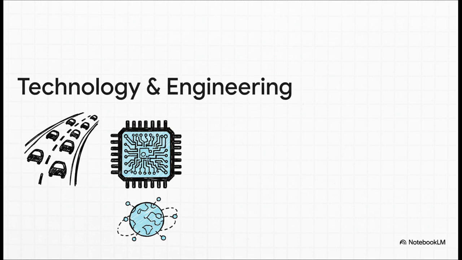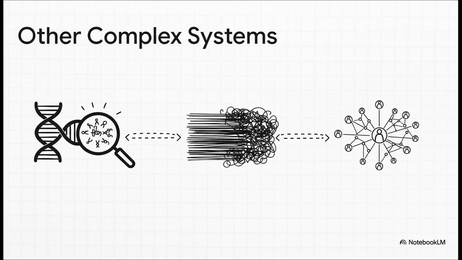In the world of technology, it's an absolute powerhouse. Engineers use these ideas to simulate traffic flow, design more efficient computer chips, run powerful Monte Carlo simulations, and build the very communication networks that connect our entire planet. And its reach just keeps on expanding. It's crucial in bioinformatics, in understanding the edge of chaos in all sorts of systems, and even in explaining social phenomena like the 6 degrees of separation that shows how we're all connected.